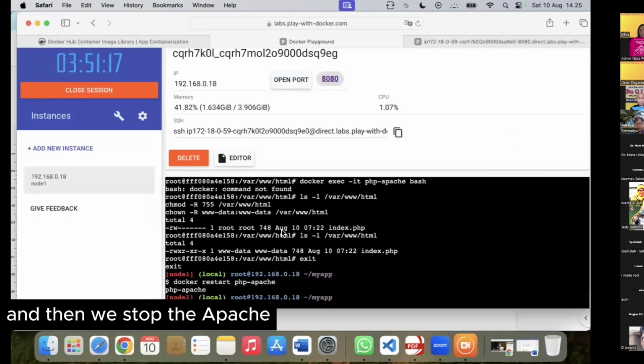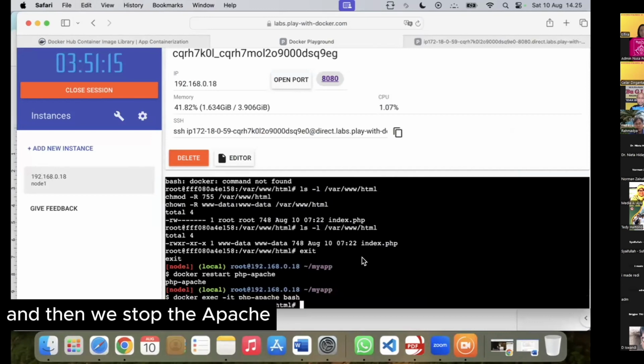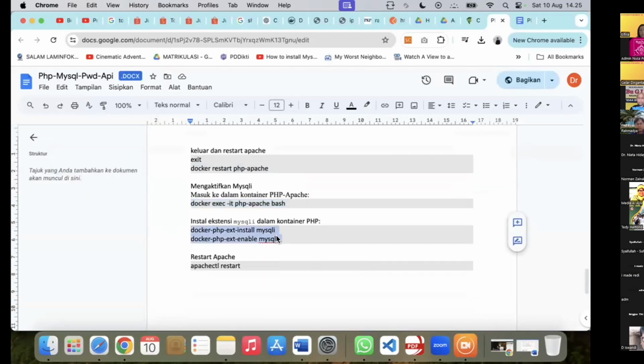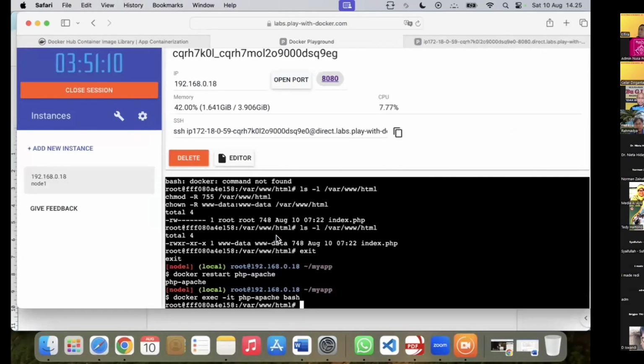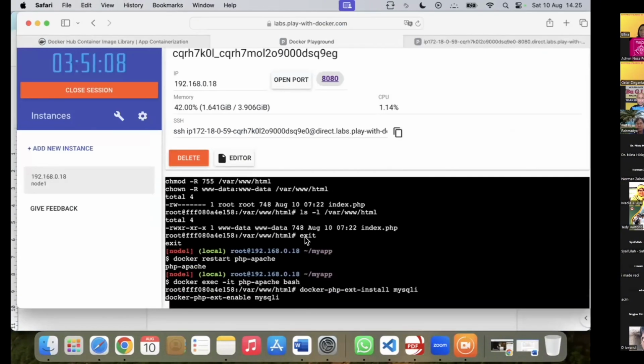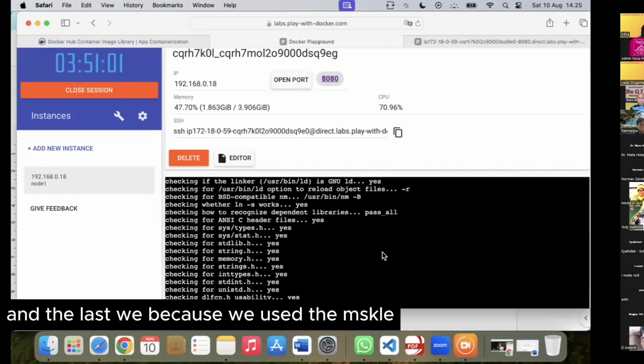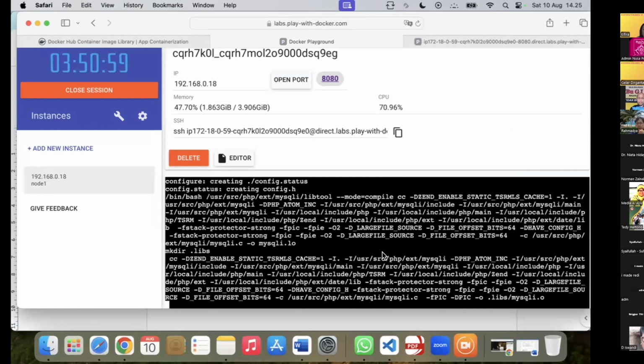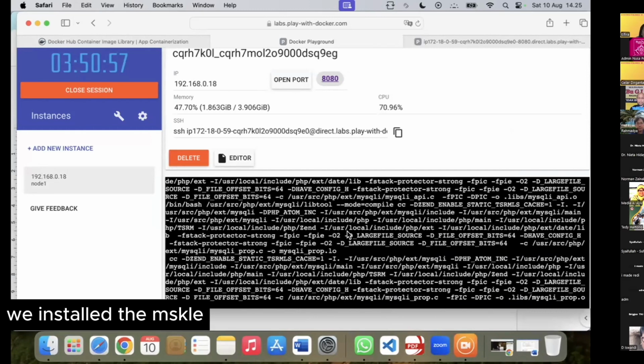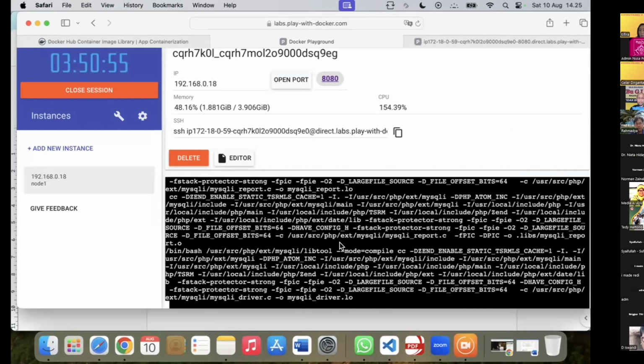And then we start Apache. And lastly, because we use MySQL, we install the MySQL module.